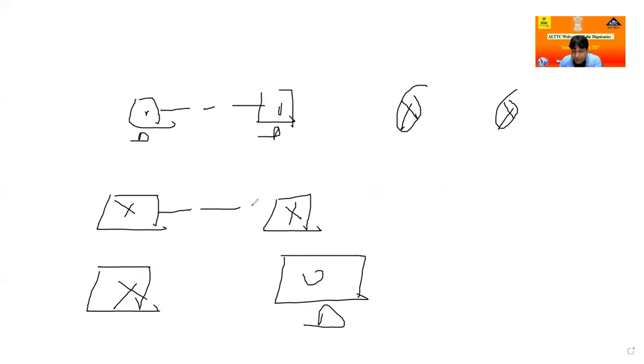If the devices are different, like switch to computer, this is a straight cable.